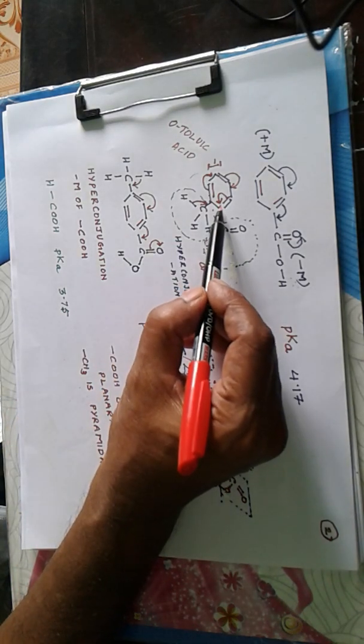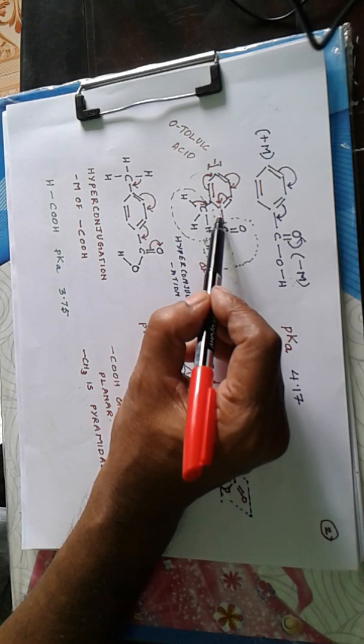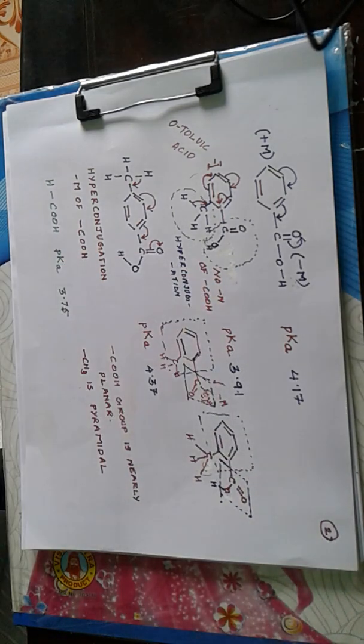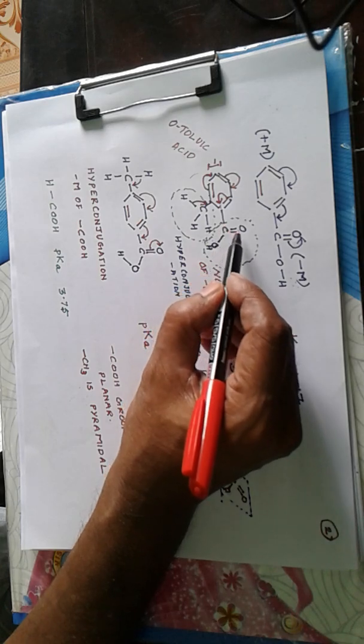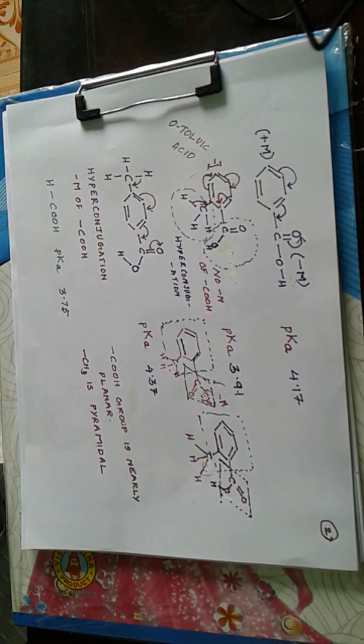Then the only effect remaining is hyperconjugation, which creates a negative charge. So this negative charge pushes the electron pair towards this carbon, and that is an inductive mechanism, so that electron density is pushed towards the ring by the action of hyperconjugation. So this slight electron density pushing towards the carboxylic acid group